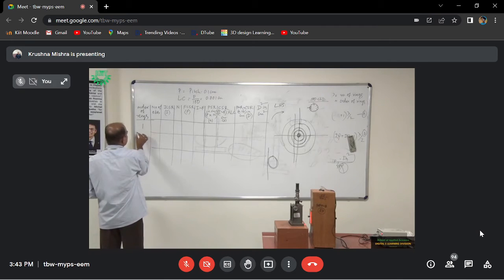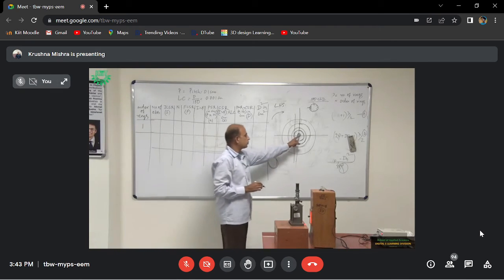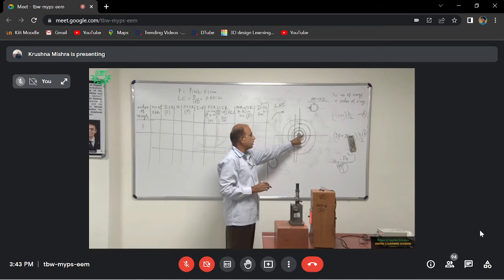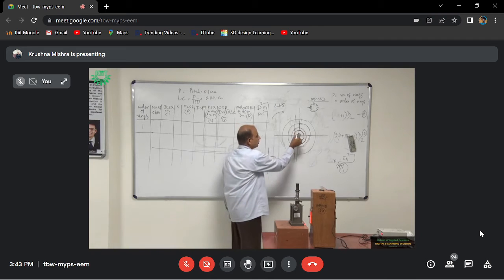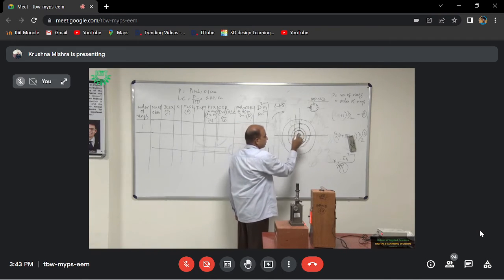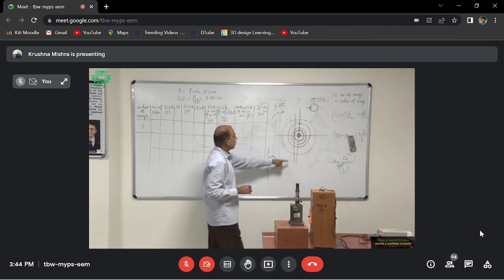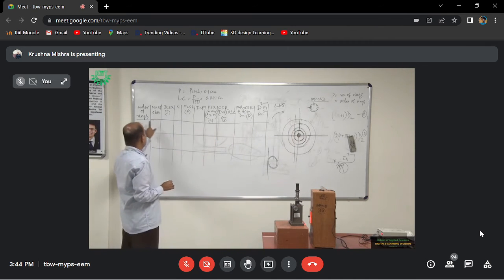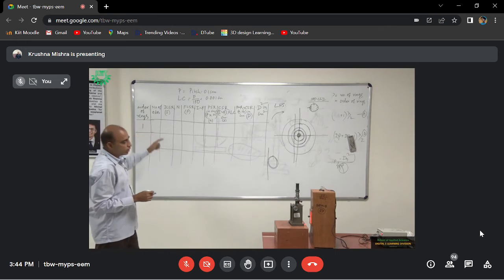This is first order. After I leave the central spot, then comes the ring, that is the bright ring or dark ring. Whichever you take, take any one throughout the experiment, not dark, then bright, then dark, not in this way. If we have started with all dark rings, we can take all dark. If we have started with bright rings, we can take all bright rings. So let us take bright rings, suppose. So after it is kept like this, we can write here number of ring is 1.